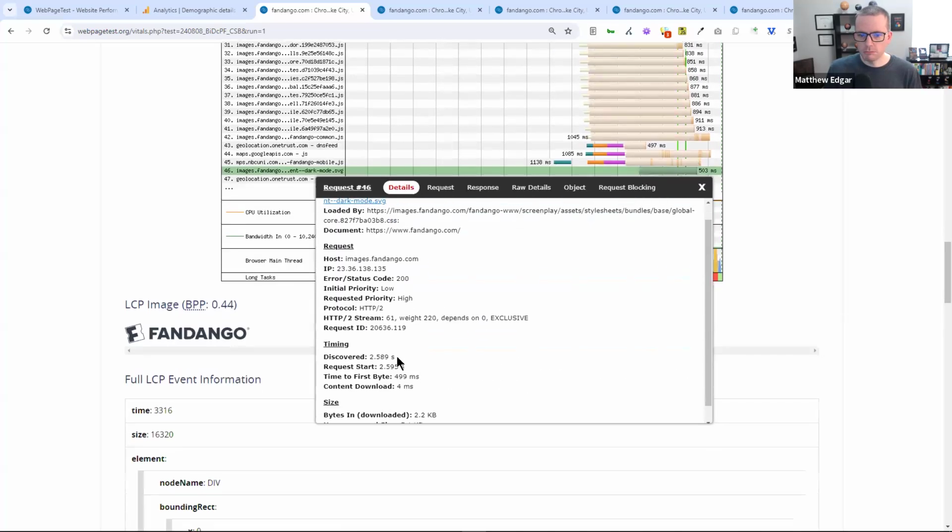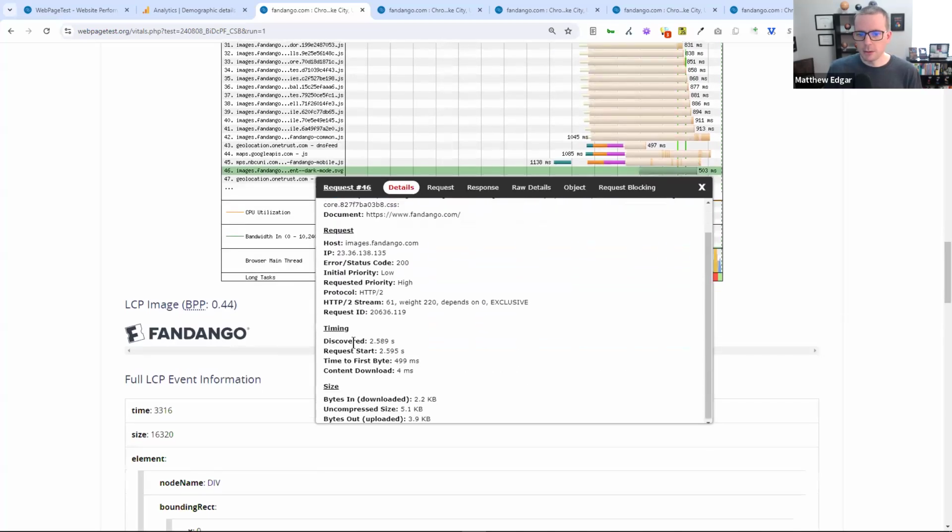It's a pretty quick loading process, but we can see under timing that this element isn't even discovered by the browser until the 2.5 second mark, almost 2.6 second mark. And the request doesn't even start until a little bit later than that, meaning that the browser isn't even beginning to load the LCP element until long after the 2.5 second mark that it should be trying to hit for